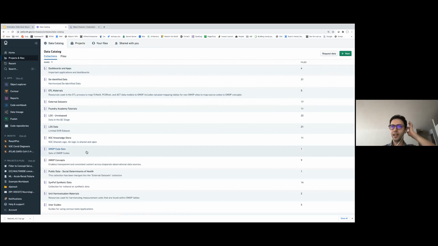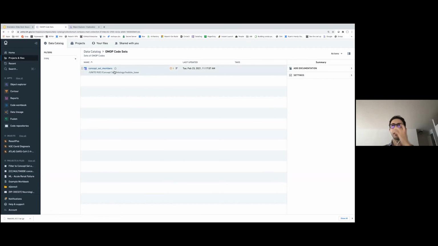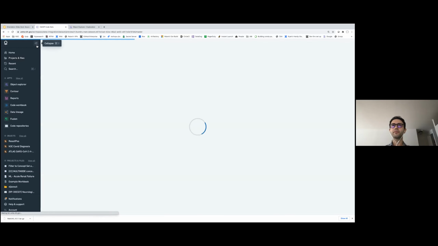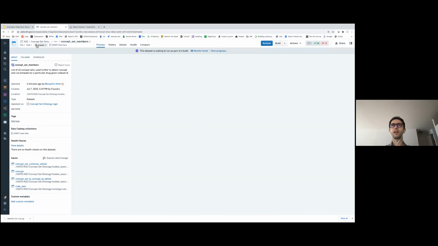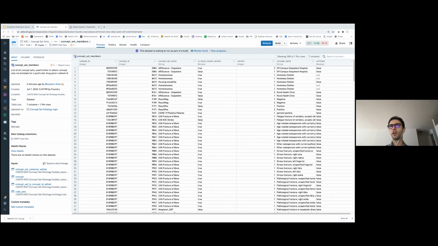So if I go to data catalog and click on OMOP code sets, this table concept set member is very useful. So let's open it. So this table is basically a mapping between the concept sets that are defined within the enclave, and they are uniquely identified by their code set ID.